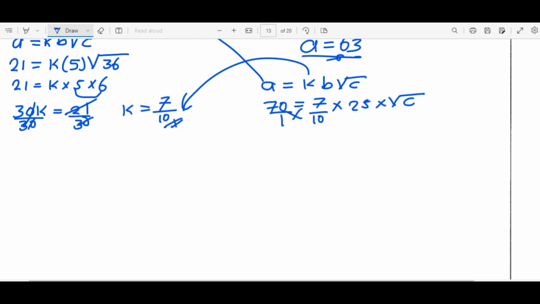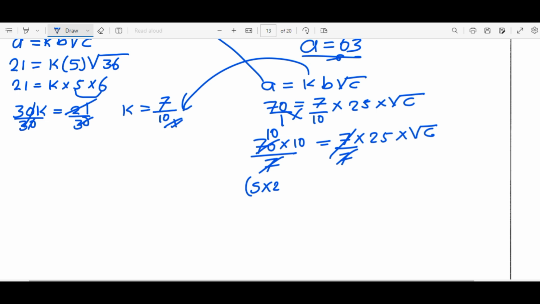Now instead of saying 70 times 10, instead of saying 700, I'm just going to write 70 multiplied by 10 is equal to, here it's 7 times 25 times square root C. So I can divide by 7 and also here by 7. So that if I cancel 7 here is 1, 7 here is 10, which is the same as 5 times 2. So I'm going to break this 10 so that this one is still 10 is equal to 25 root C